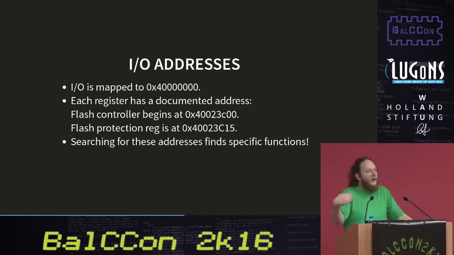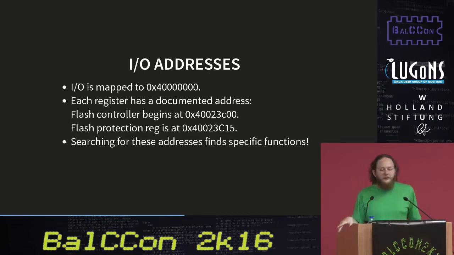So if I search through all of memory for an access to 40023C15, I know that that function is being used to either enable the write protection or disable the write protection of the flash. Its parent function is probably disabling the protection and then writing the flash and then re-enabling the